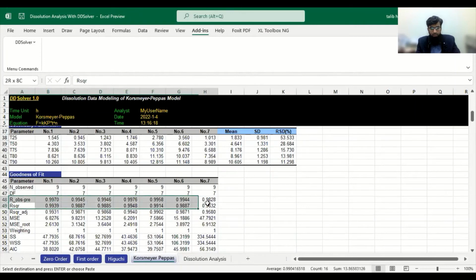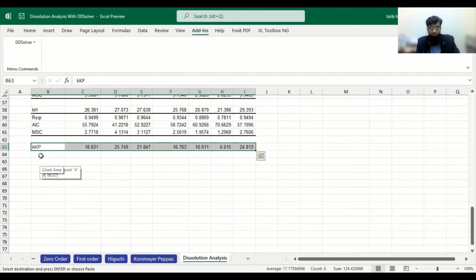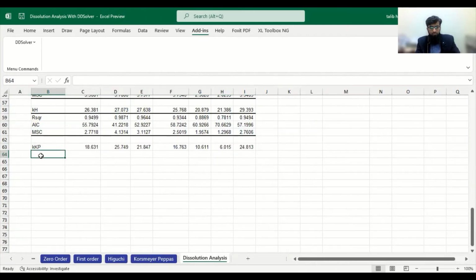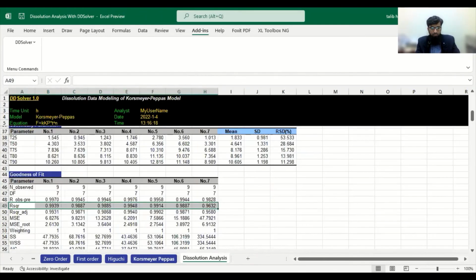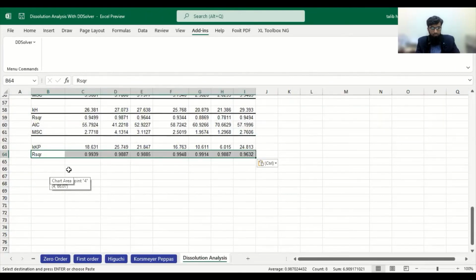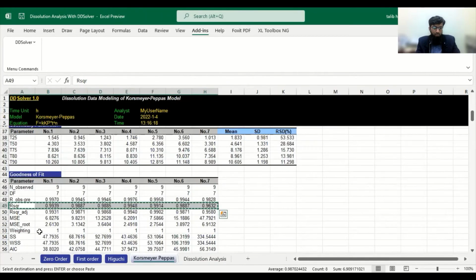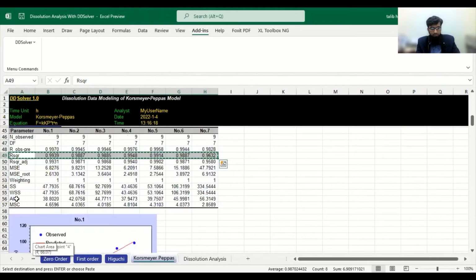The R square. Similarly, AIC and MSC values.